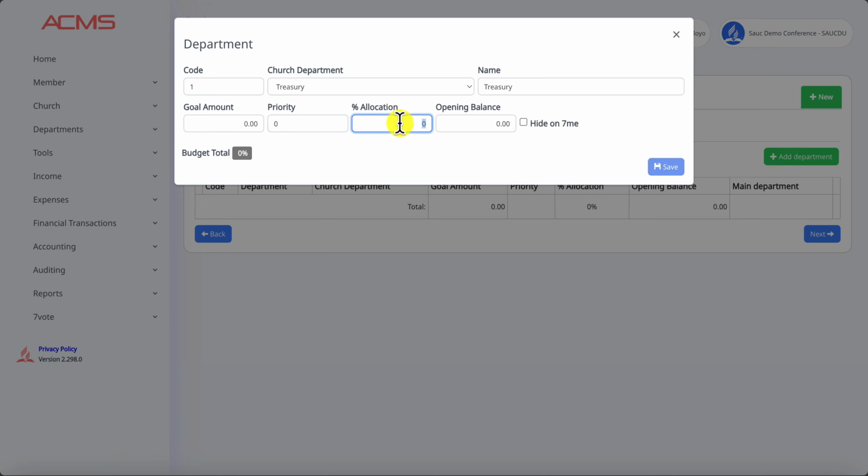and then the allocation. It's important for you to fully understand this part. If you are using percentages in your church, the church is able to allocate the 50% of offerings that remains at their church. They're able to allocate, split or spread that 50% according to the percentages that you specify here. So in this example, I'll just say 10% of our offerings will be sent into the treasury department. And then on the opening balance, let's say you had an opening balance of